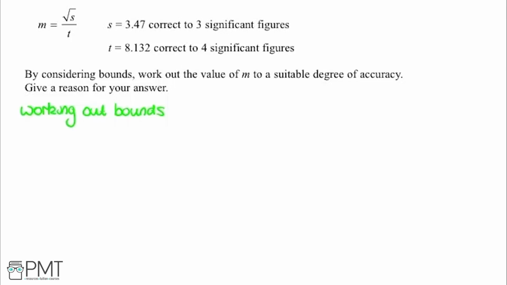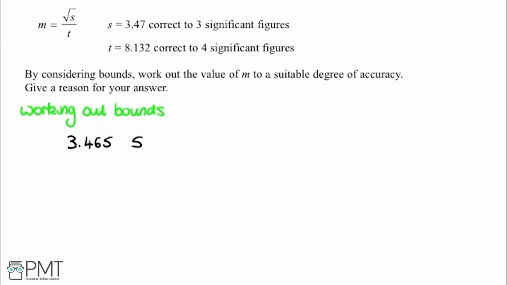Okay, so we're going to start by working out the bounds. I'm going to look at s first. And we're told that to 3 significant figures, s is 3.47. So we need to think about what the actual value of s could have been originally, so that when it was rounded to 3 significant figures, we got this. And when we think about that, we think about the lower bound it could be, and the upper bound. So the lower bound for that would be